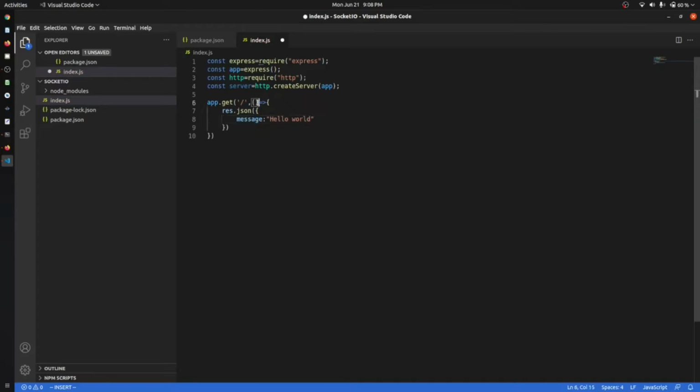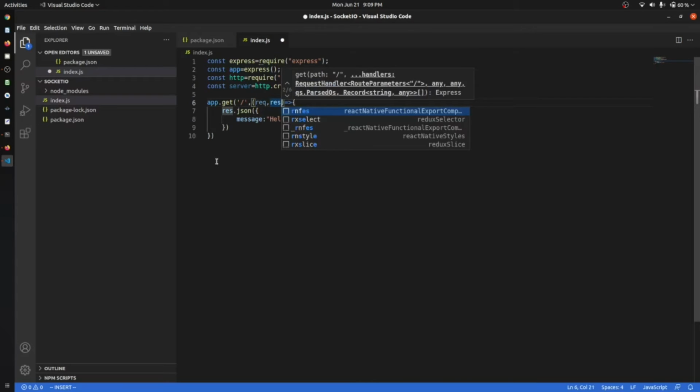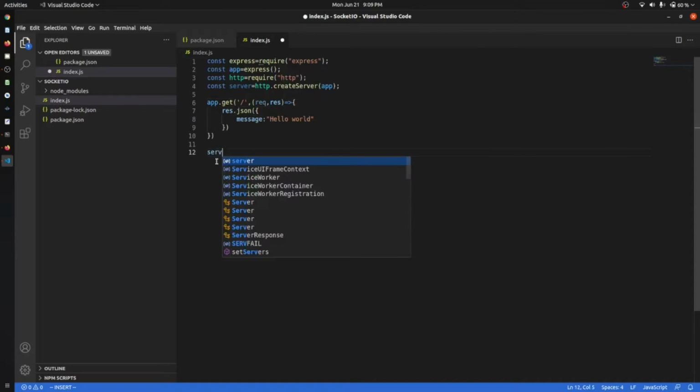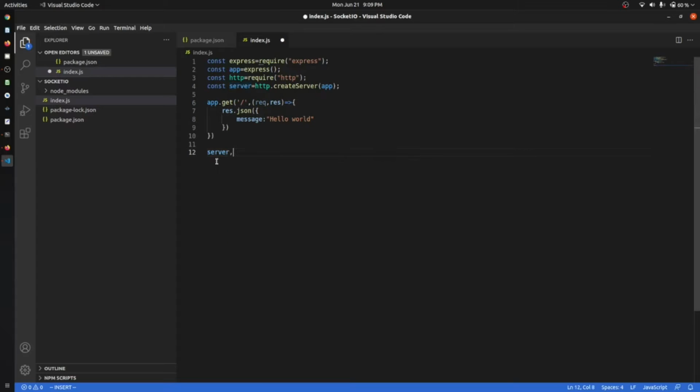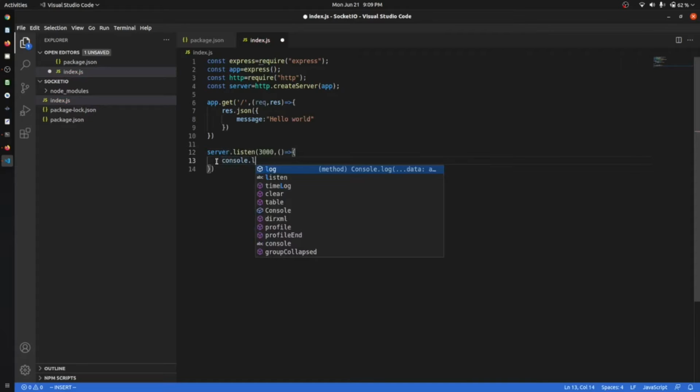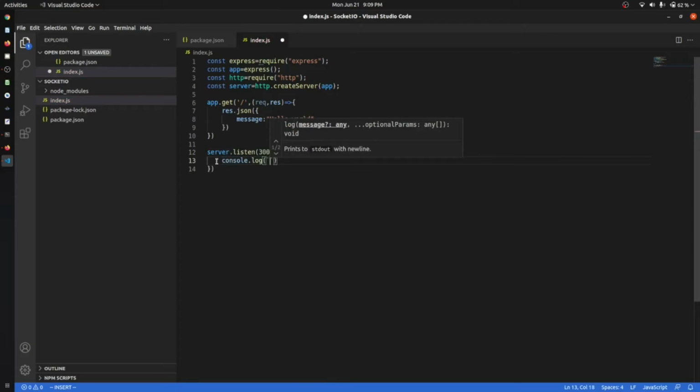Okay, we will have to pass the request comma response, and after that we will say server.listen, and we will give the port as 3000, and then we will just give a callback, and we say console.log server running at 3000.